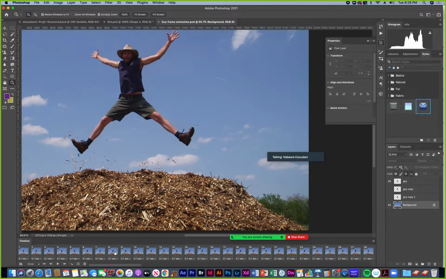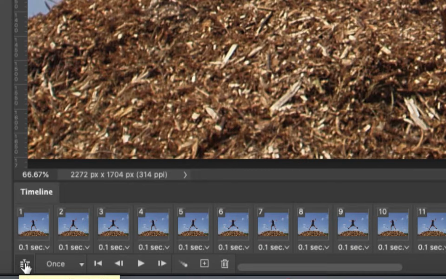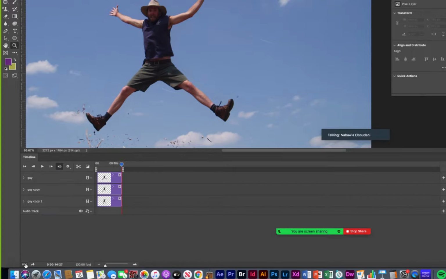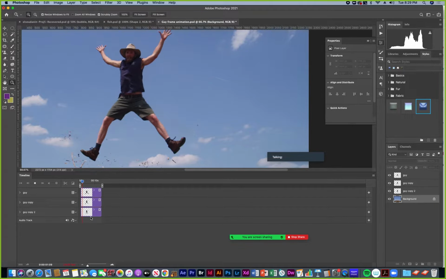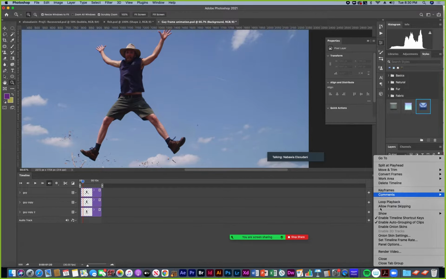So once you've got the frame animation working the way you want, there's a button here in the bottom corner, and you can switch it to a timeline animation at any time. So now this is a timeline animation, and the frame rate is 30 frames per second. I could change the frame rate here, but it's okay if it's a different frame rate from the main timeline.